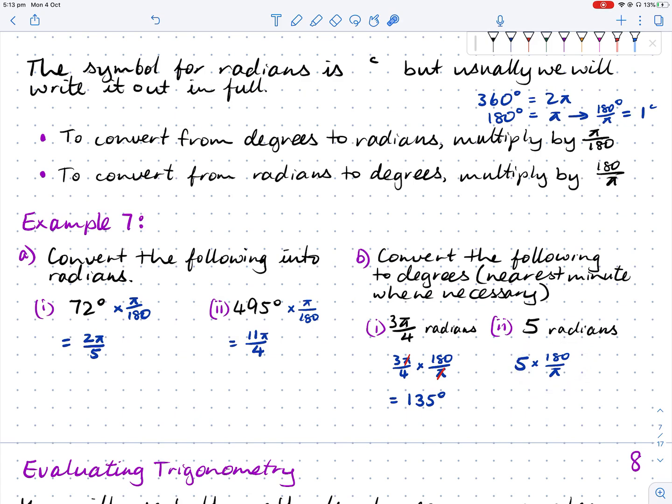So we only leave the pi in if we're writing out the number of radians in an expression, and also only if they don't ask for decimal places. Sometimes they'll ask for decimal places, so just put it in your calculator and calculate. And when we work that out, that's